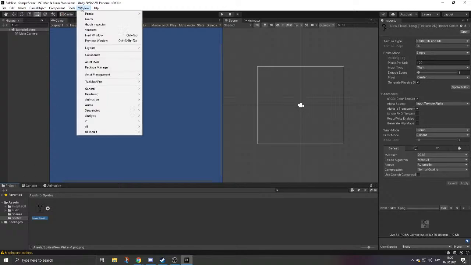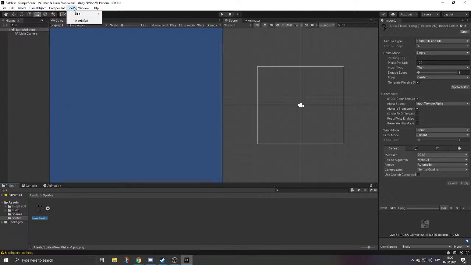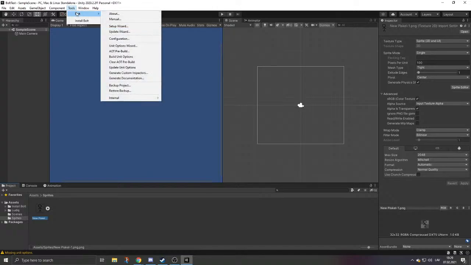I feel like there should be a window for general. Like there should be a bolt window I can open. I think bolt is already installed, right? I did it. Yeah, I have all the